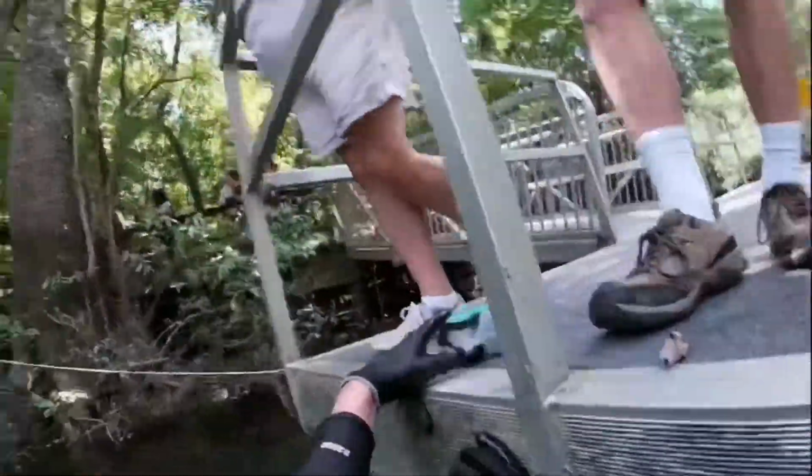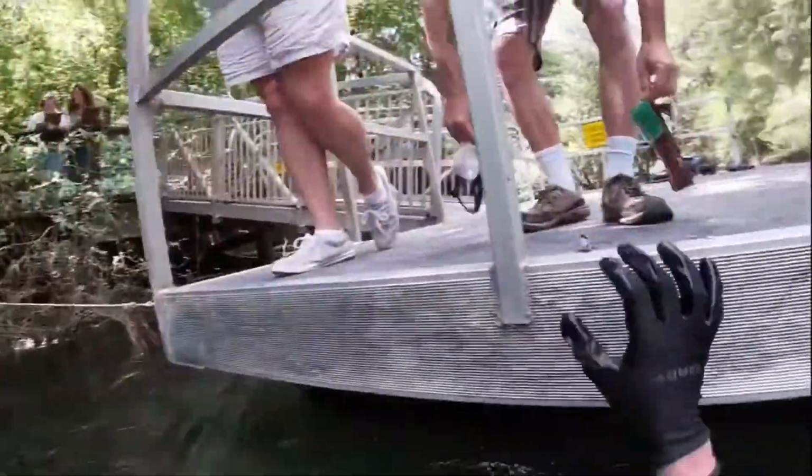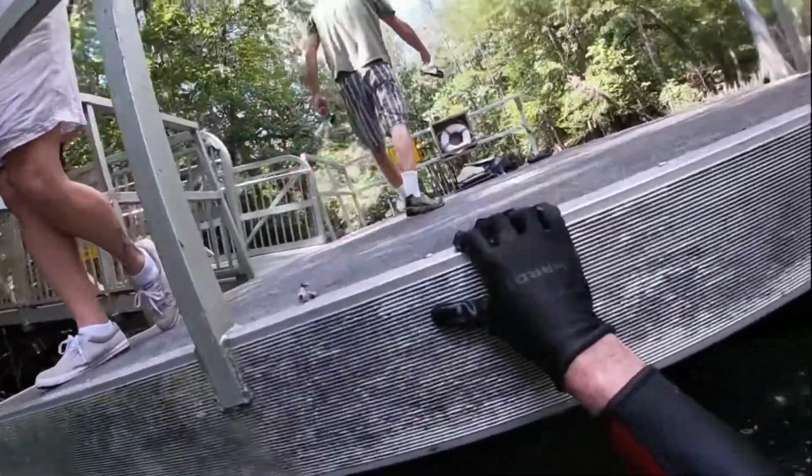Found that down there too? Yeah, I'm gonna keep it. It's there for that trash, but